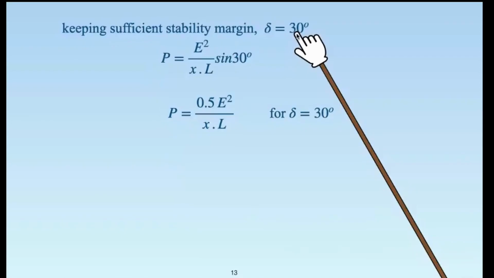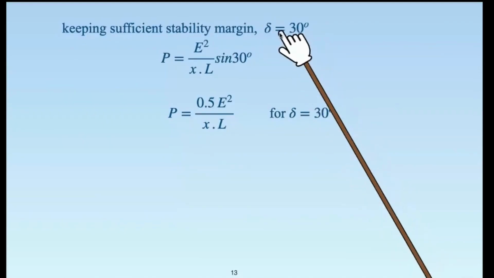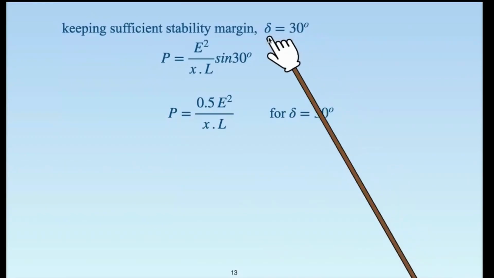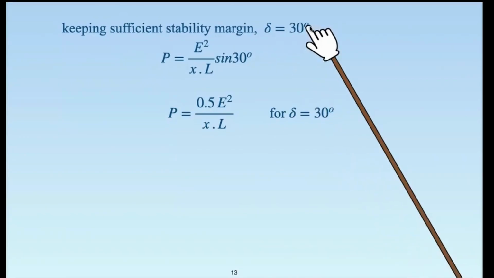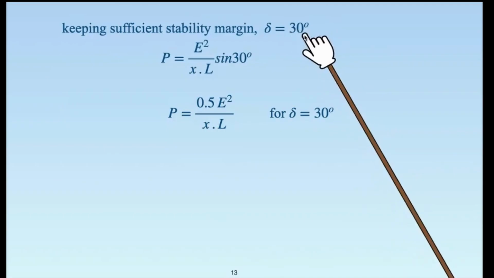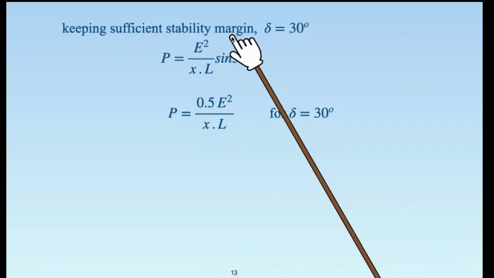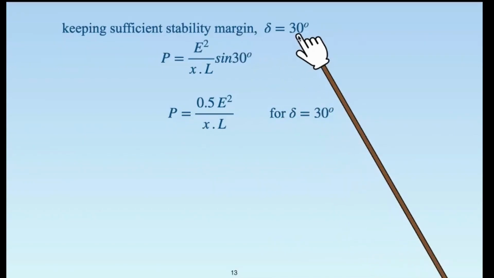We are going to see at a later stage how this fluctuation occurs and how they can be controlled with respect to controlling the frequency parameter. So this delta cannot be kept higher than 30 degrees. 30 to 90 degrees is a stability margin. If there are some disturbances, the generator should not simply fall out of step.